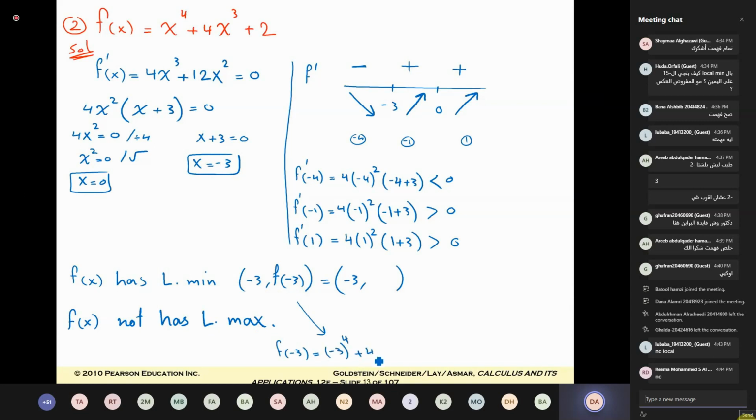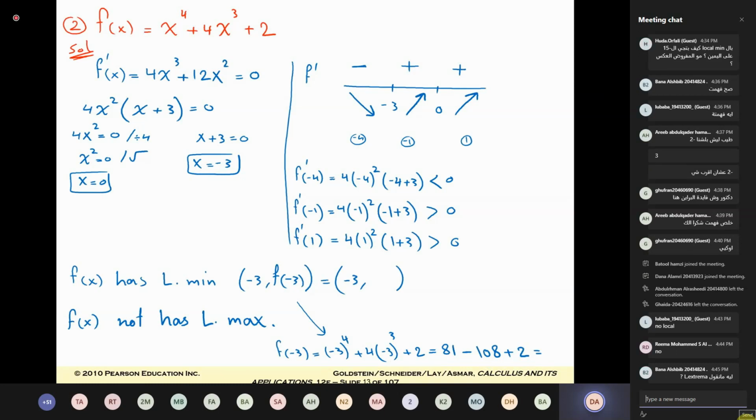plus 4 multiply -3 to the power 3 plus 2. So this is equal 81 minus 4 multiply 27, 108 plus 2. So this is equal 27 minus 27 plus 2 of... -25. -25. اوكي